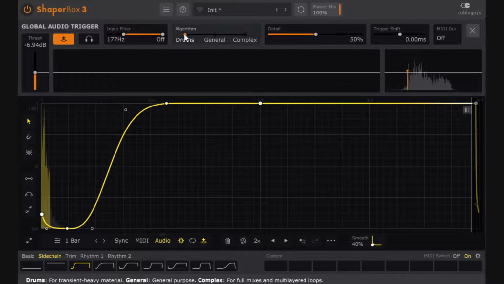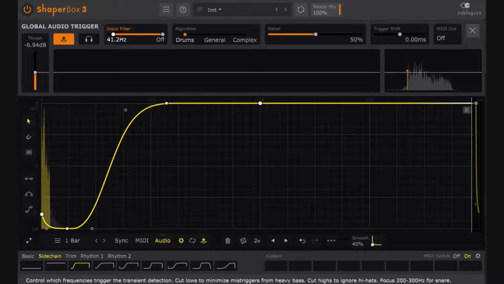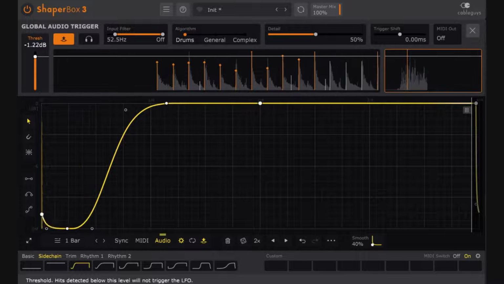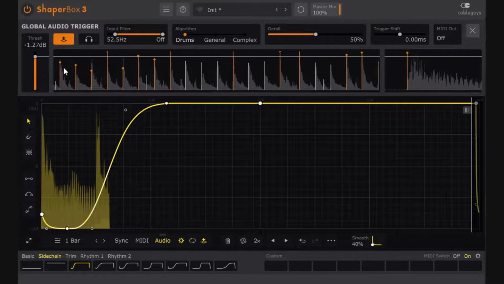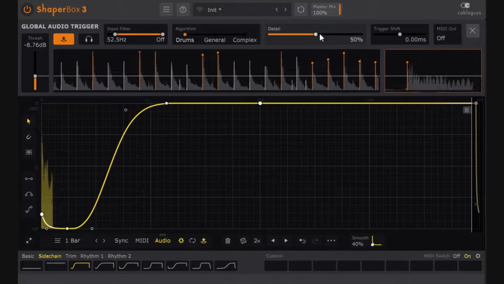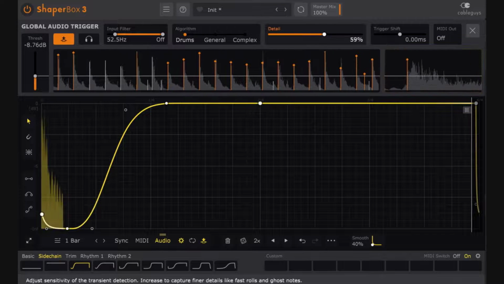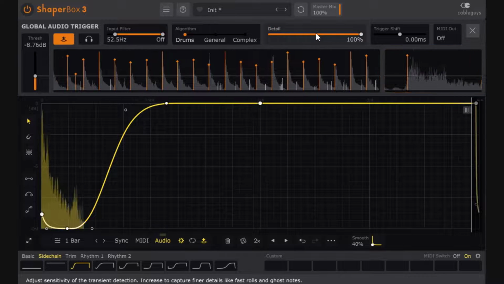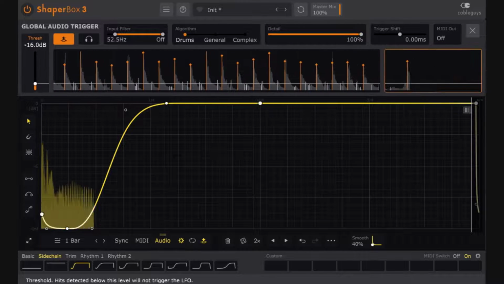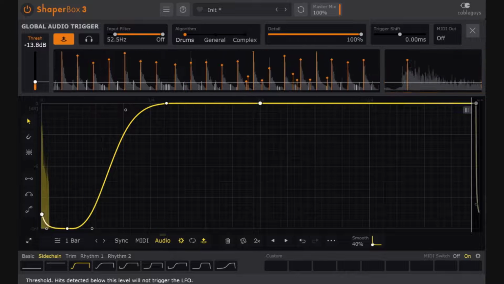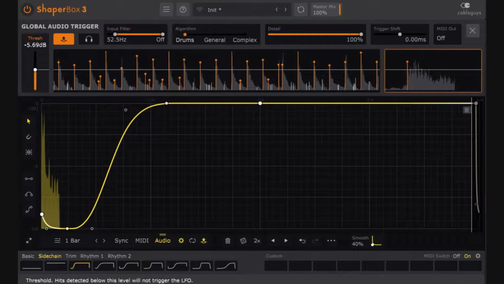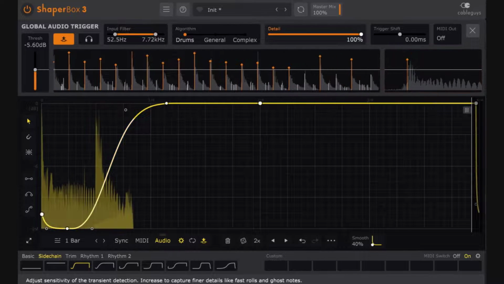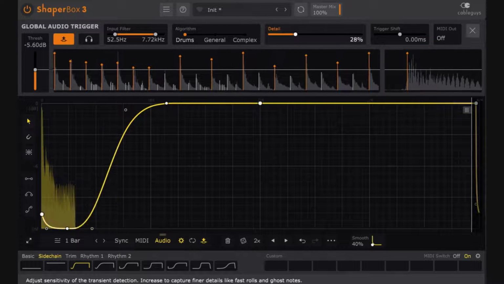Now then you have the detail, and I'm going to be expanding the input filter for now. As we can see, we have a lot of peaks, a lot of triggers. As you go up on the detail, it's going to detect more transients. It's going to be more detailed, so you're going to be re-triggering on every single thing. But let's say again we want to trigger or be reactive to the kick. By going down on the detail, it's going to